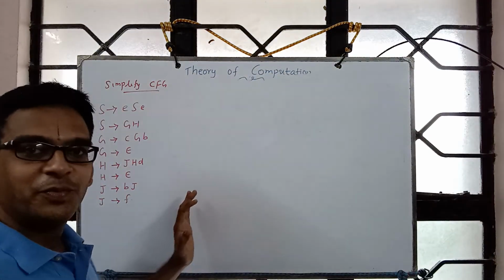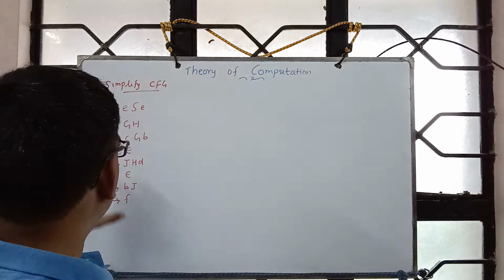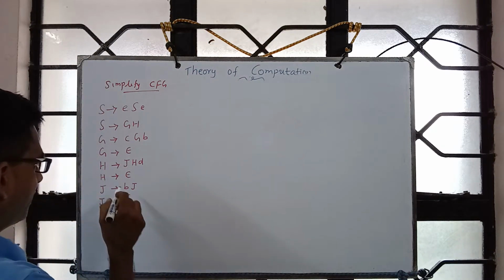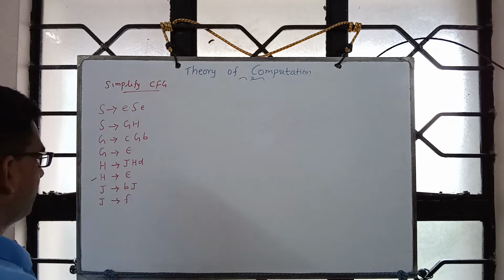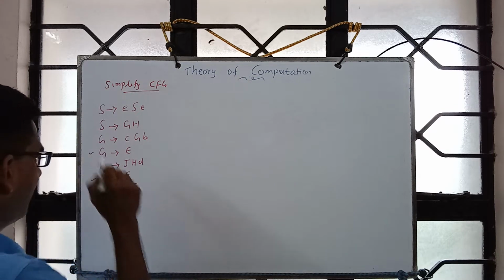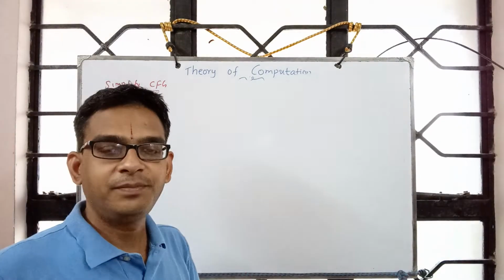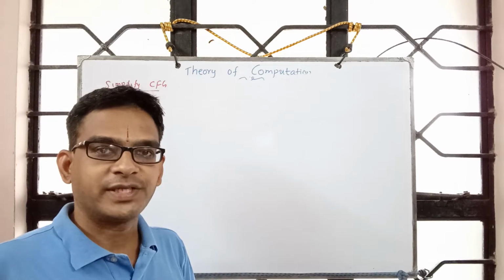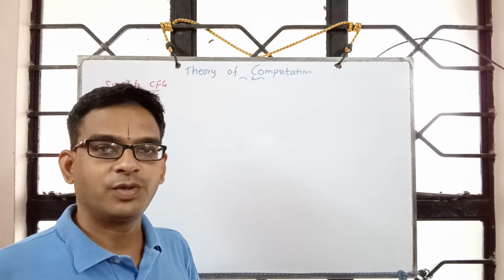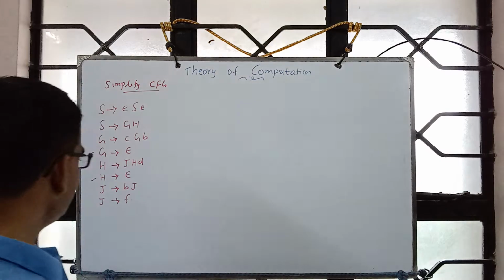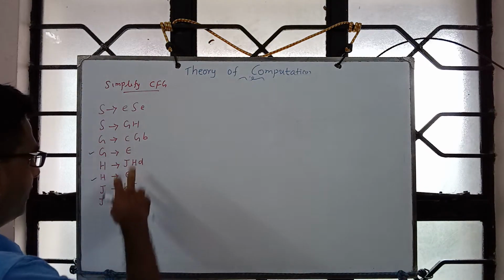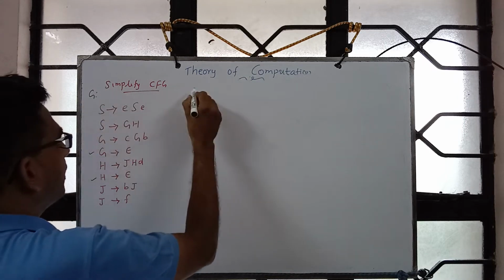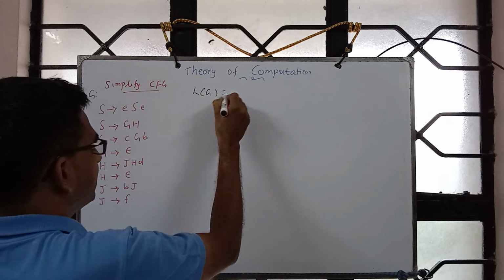Let us look at one more example to understand the simplification of CFG. As always, let's look for epsilon productions and then try removing them. On the simplified grammar, remove unit productions followed by removal of useless symbols. And in the process, we should ensure that suppose this is G, L of G must be same as L